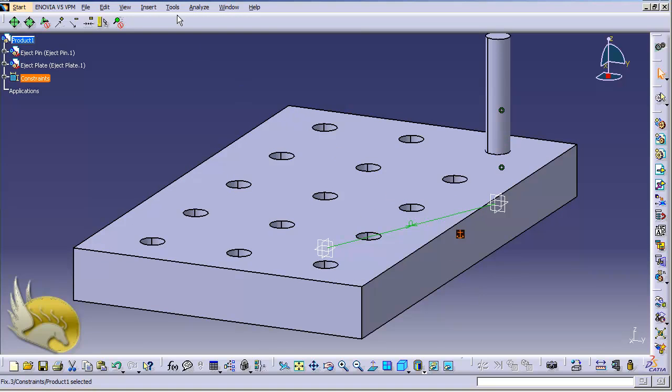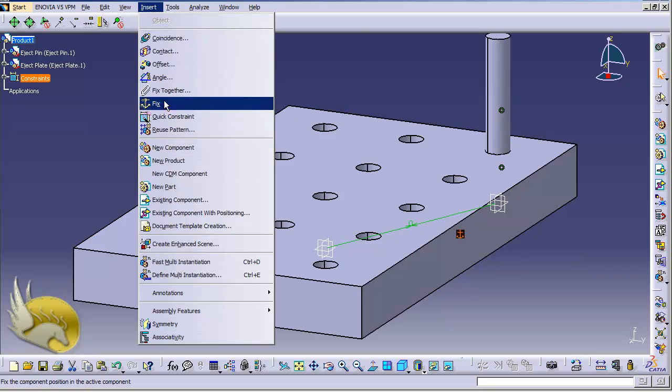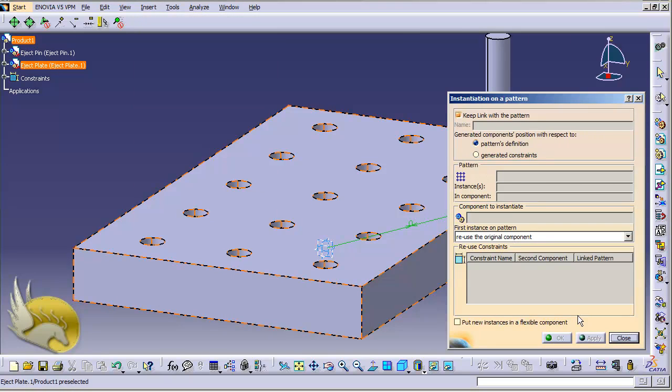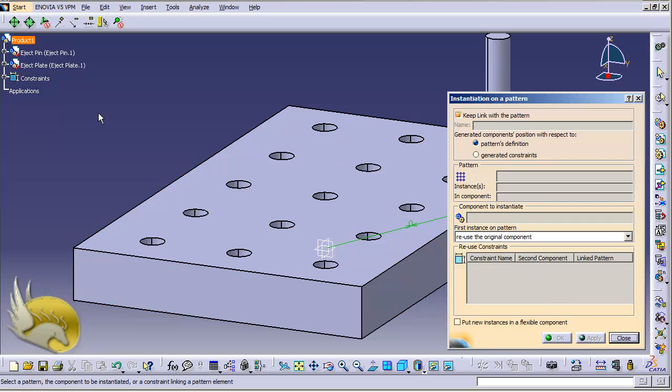Now one of the constraints that is very nice is reuse pattern constraint, of course. I select this because I have already a pattern here. I can use this. So let's go and select a pattern. The pattern is going to be a rectangular pattern. So I can open the eject plate